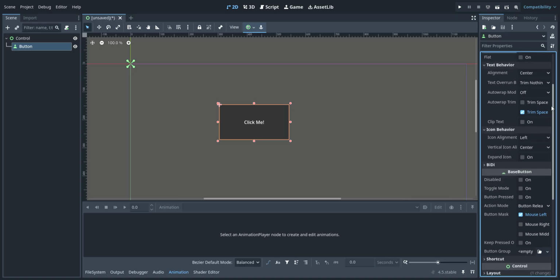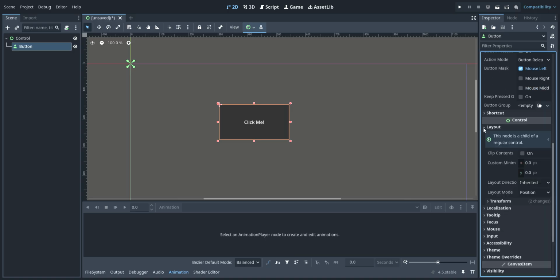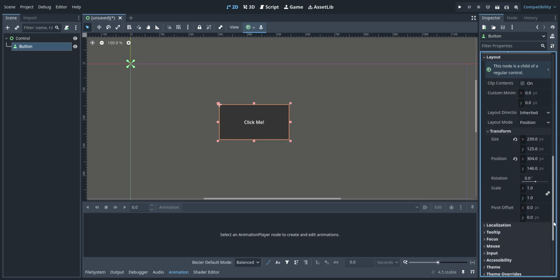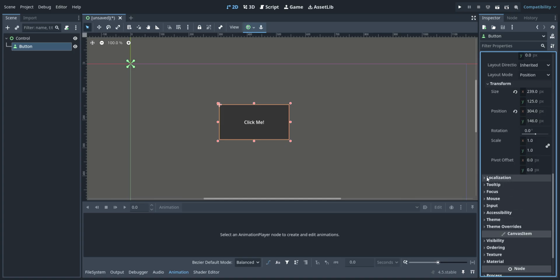So first of all, we will go to the transform. After going to transform, we have